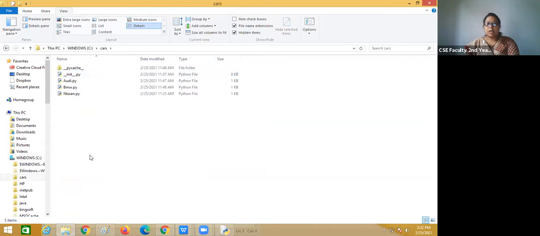Inside the cars package, you have to write the modules. So that means only one package is being used here. We are not using a sub package, only the one package. Using the one package, we can import all the files. In the car package, we are creating these files.